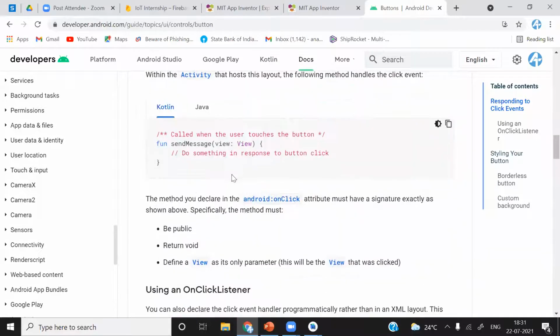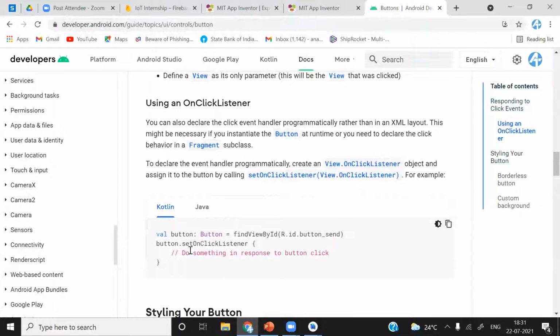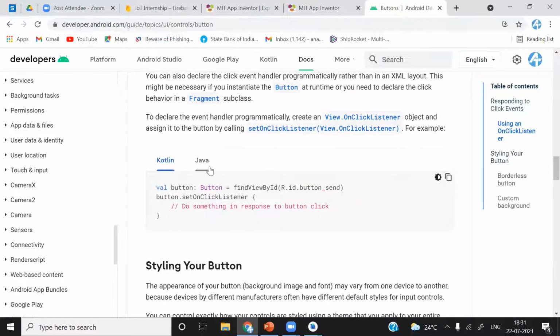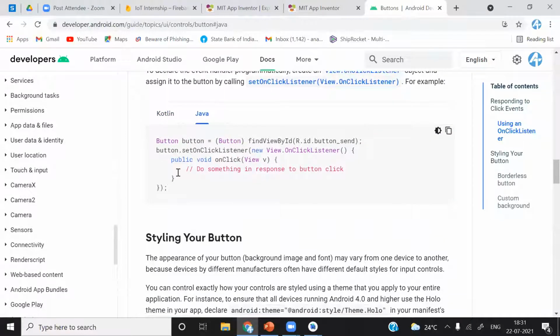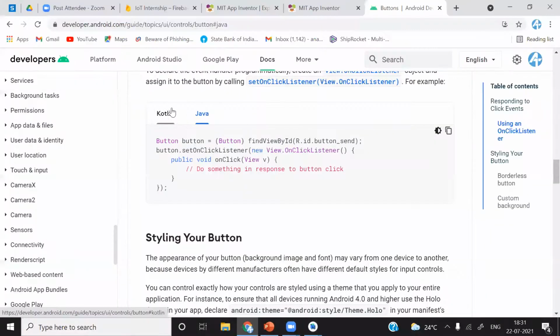Also you can add, and see here we have used this button dot setOnClickListener. So whatever I have done here, everything is provided on the official site. Just select Java, do not select Kotlin, because we are writing code in Java.